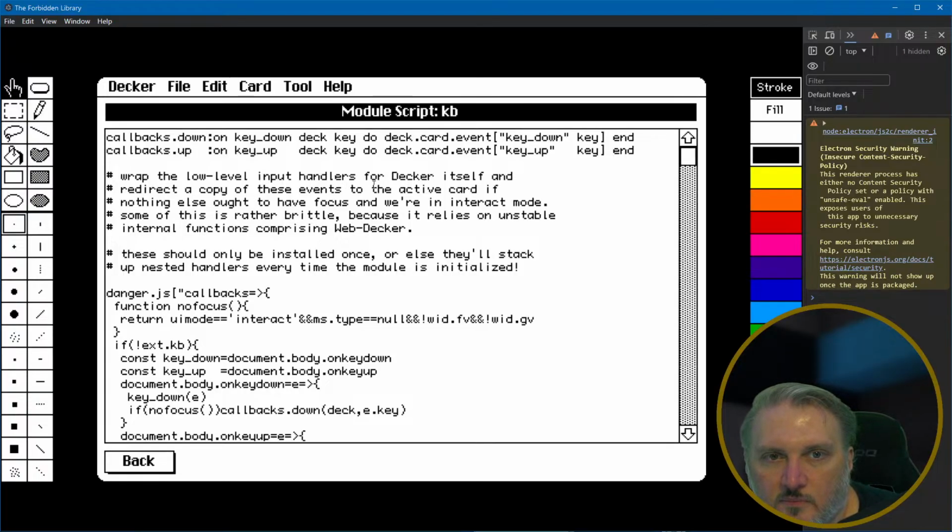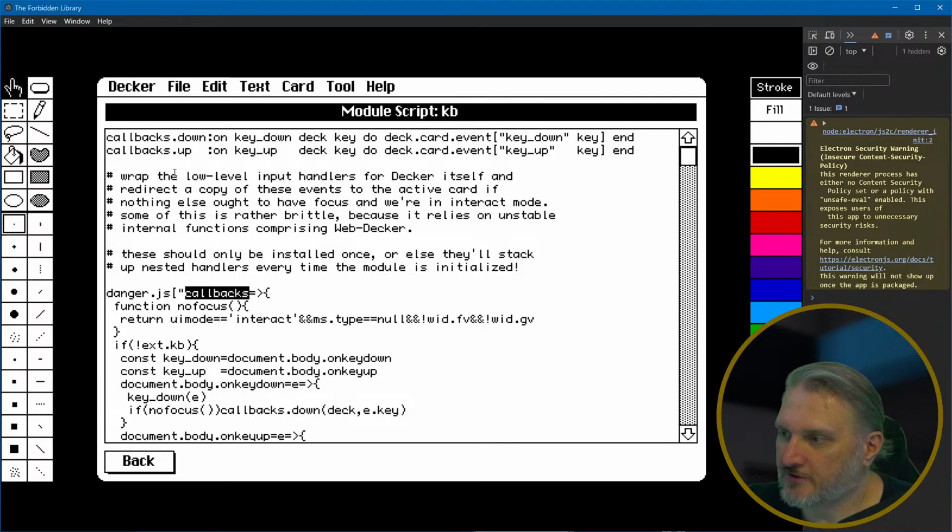So what we're doing is this just creates a dictionary called callbacks that has down and up as event handlers. So from JavaScript, we're going to send callbacks down. So running danger.js, the JavaScript takes this dictionary,